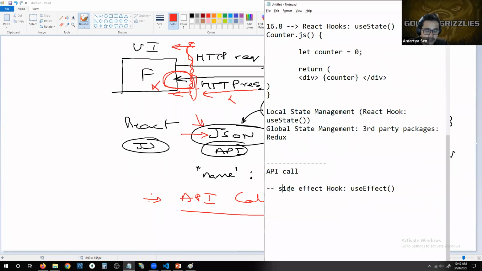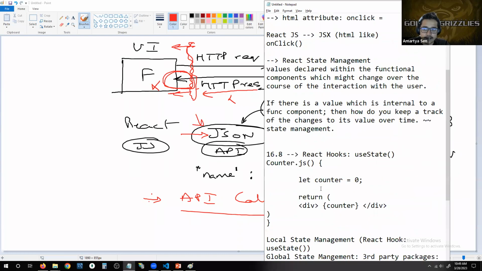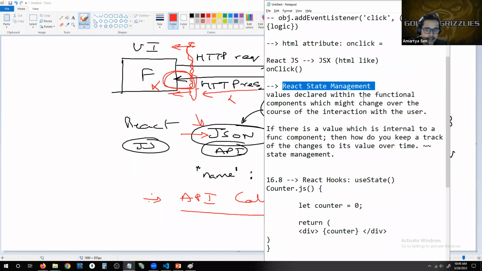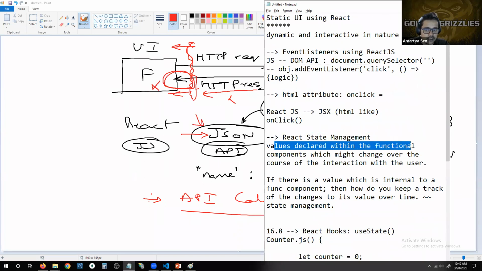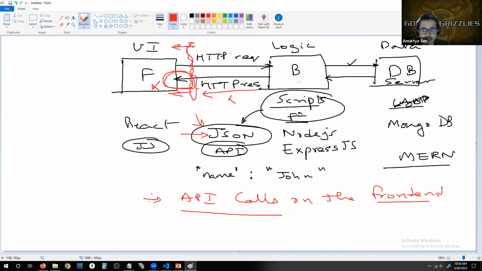The reason why it is called a side effect is because we just learned that when it comes to state management, whether you're doing local or global, it doesn't matter, these values, the ownership entity, are essentially the functional components, right? So that means the React UI or the React framework has control over these values, okay? However, if you think of the values that are coming in such a situation, the UI has no control over these values,